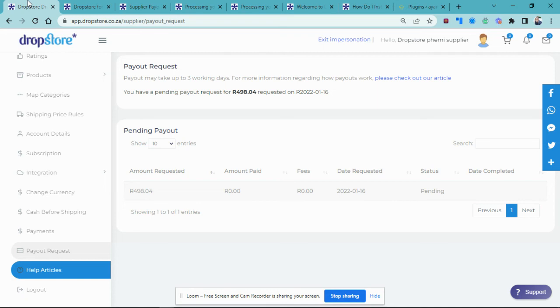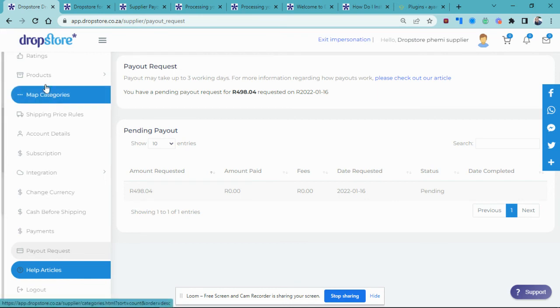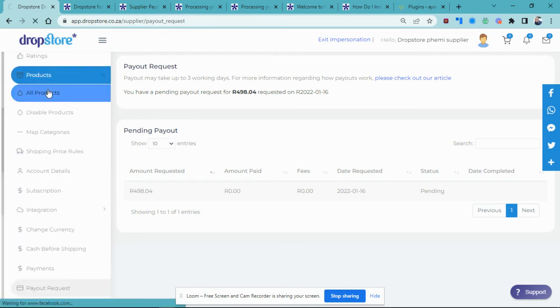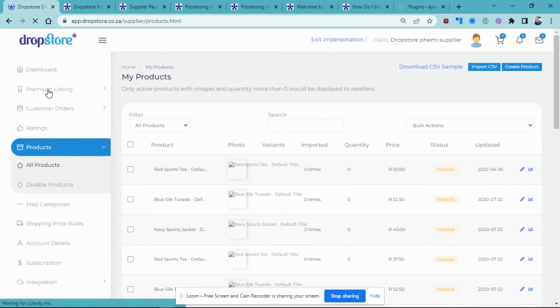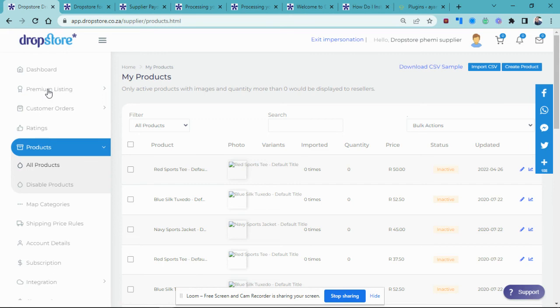Remember, with Dropstore, you're able to add your products manually, or integrate with other e-commerce platforms like WooCommerce, Shopify, TradeGecko, Shopping Feeder, and Stock to Shop, as I had been mentioning. Okay, so we will start with the manual product upload and CSV, as they are both very similar types of